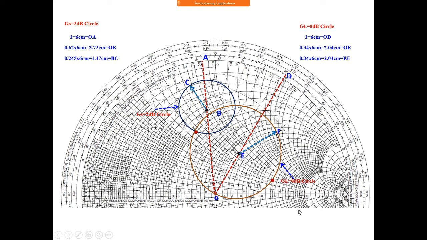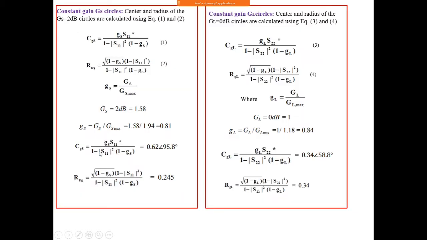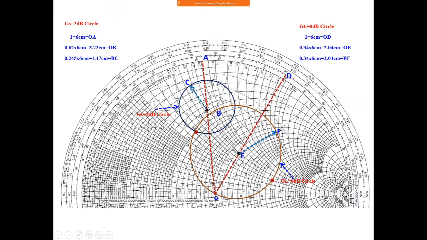So in the previous class, I was telling how to draw the GS and GL circles. So taking this center, like here 0.62 and 95.8 degree. Starting from here, you should move like this. Wherever there is 95.8, you have to stop. Okay, 95.8 is somewhere here, because this is 90 degree. So you should stop and draw a line from here to here. Okay, that we got, and you have to measure how many centimeters are there from the center of the Smith chart to here. That approximately I got as 6 centimeters. I have written like this.